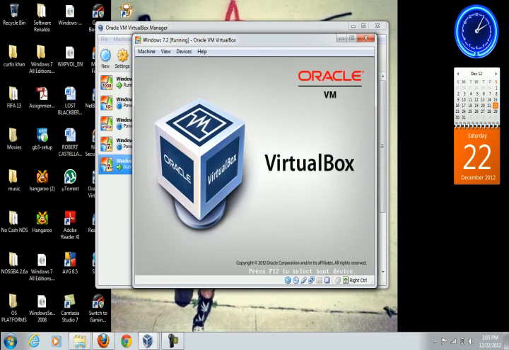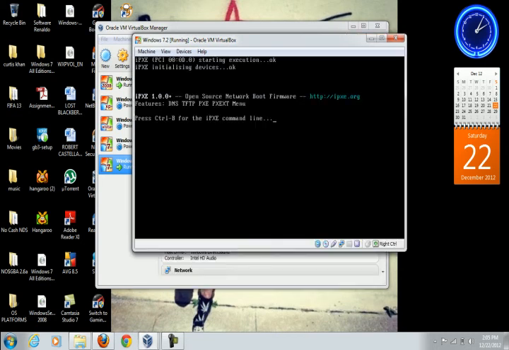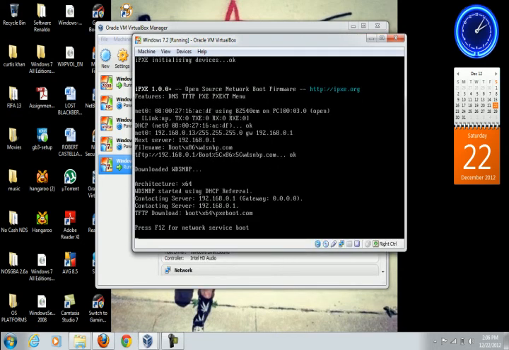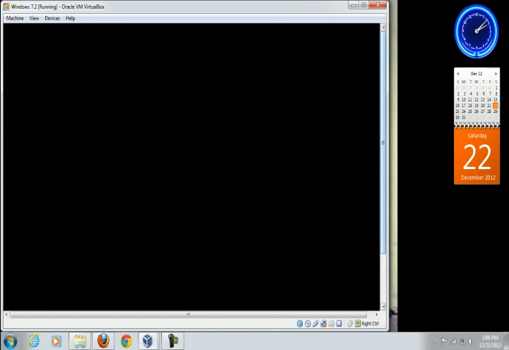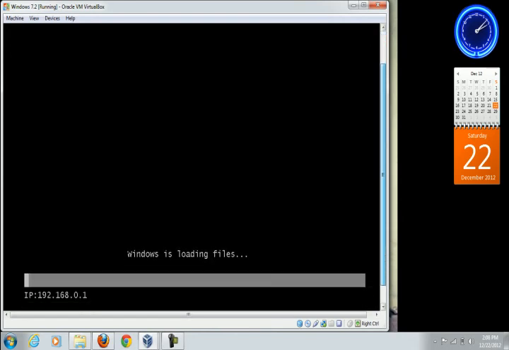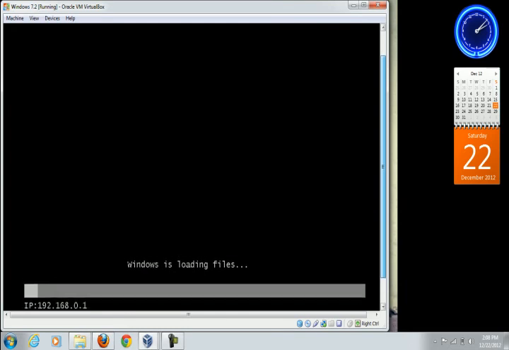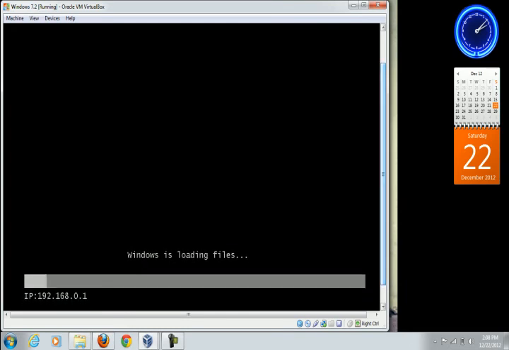and here it should boot directly from our deployment services without adding an ISO file. Here we can see that it's pulling directly from our 192.168 server. Now that we can see that all the files are being loaded, this shows that our deployment is successfully working, and when it is finished loading, you carry on with your